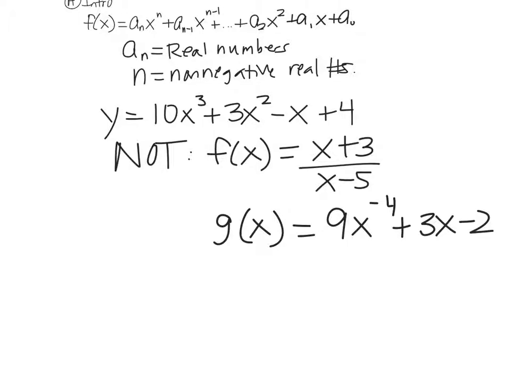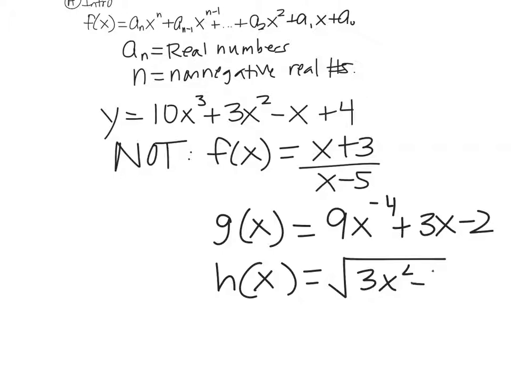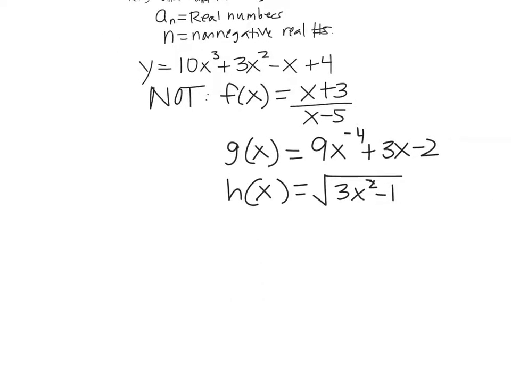And then also you can't have things like this. h of x equals the square root of 3x squared plus 1. There's no square roots in polynomials either. Okay? Polynomials are very basic. They have numbers next to exponents. Okay? All right. So let's focus on linear